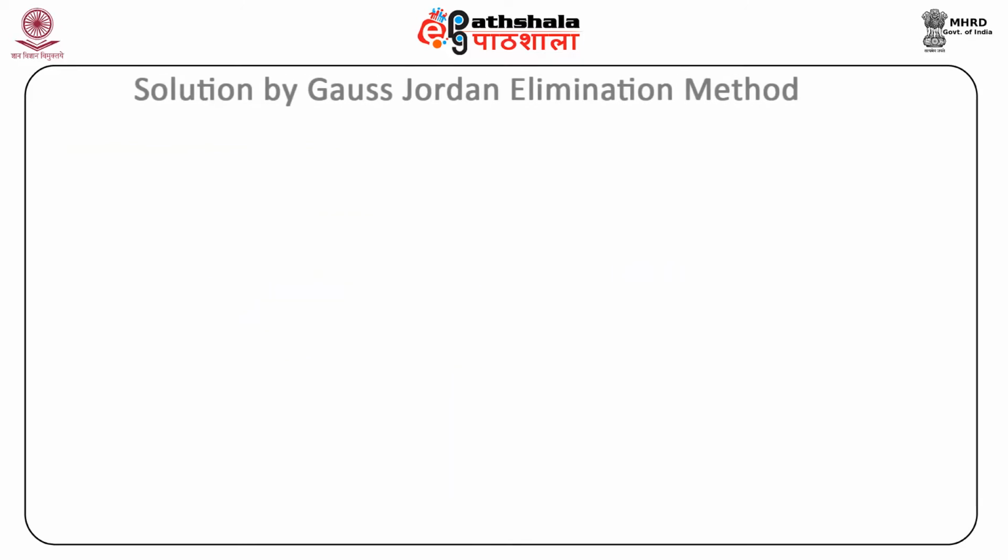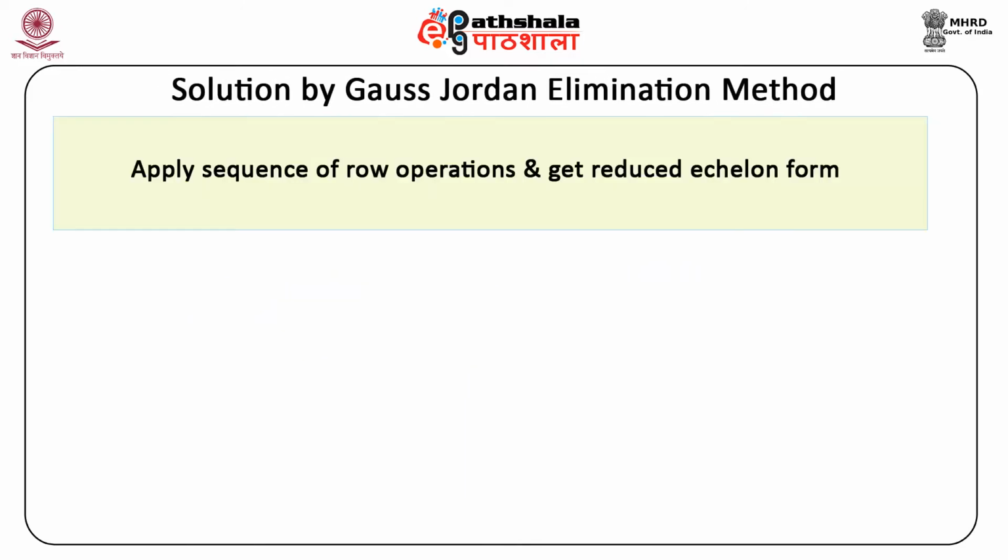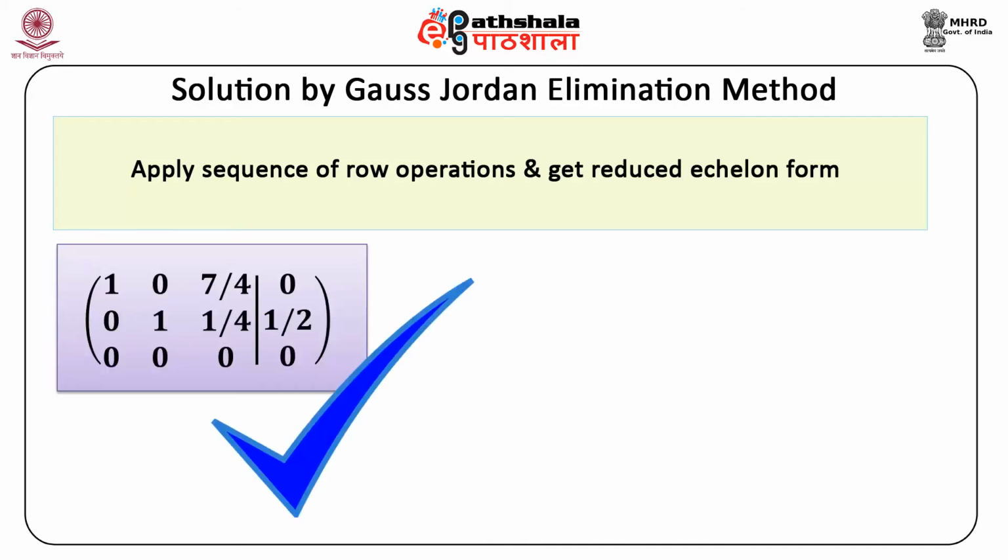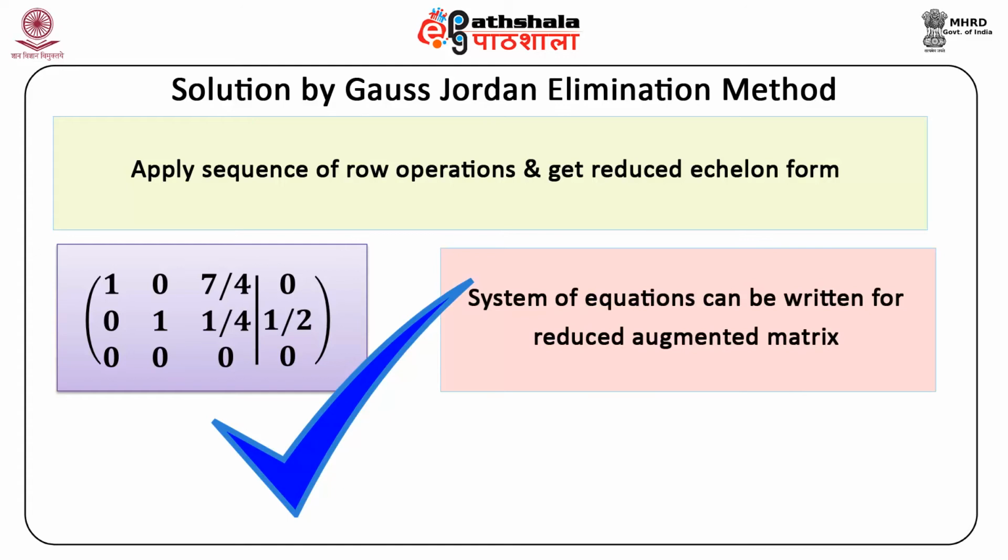In a similar manner, we apply a sequence of row operations and get the reduced echelon form as 1, 0, 7 by 4, 0, 1, 1 by 4, 0, 0, 0 divided by 0, half, 0. The system of equations can now be written from the reduced augmented matrix. Equations are x1 minus 7 by 4 x3 equal to 0 and x2 plus 1 by 4 x3 equal to